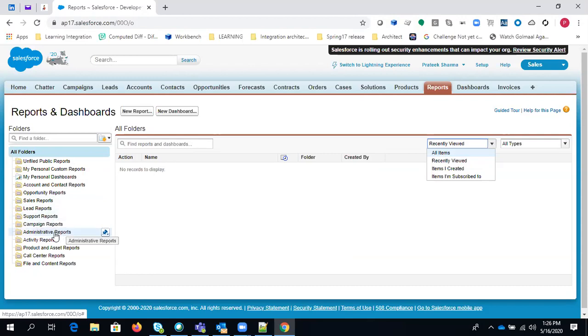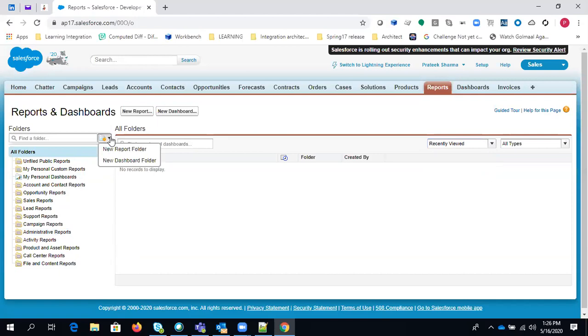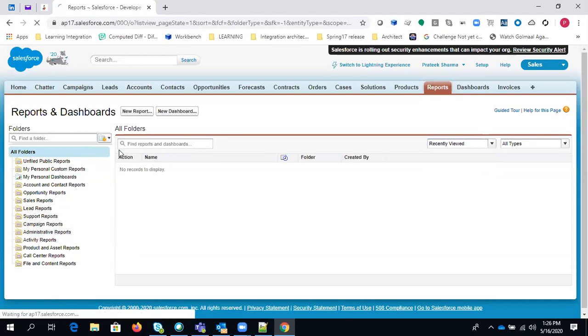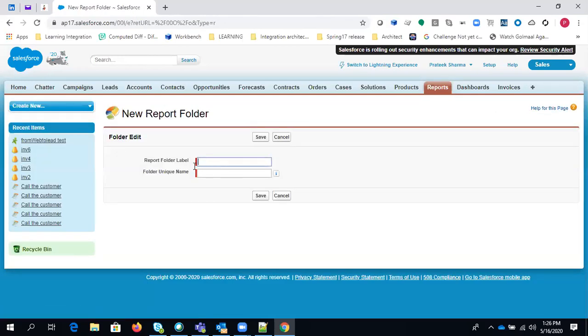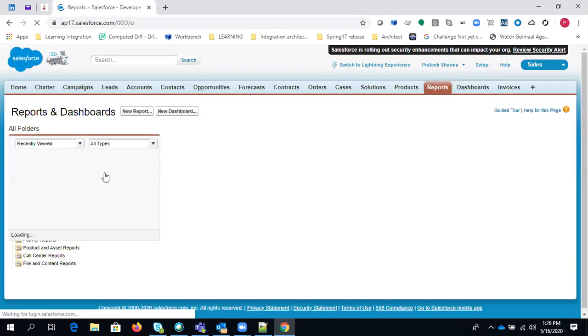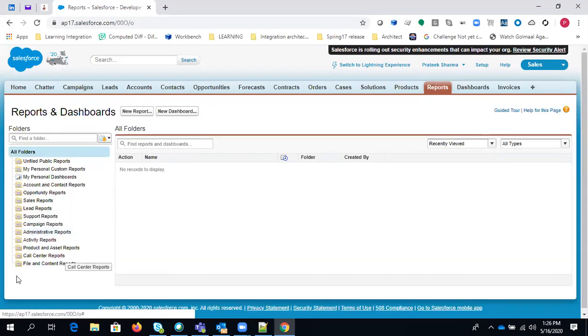Based on some kind of filter or requirement, you are storing all these reports in these folders. You can also create new folders here. Let's say if you want to create reports for a particular logic, you can create a new folder, save the report, and give the access accordingly. So you can create different folders.